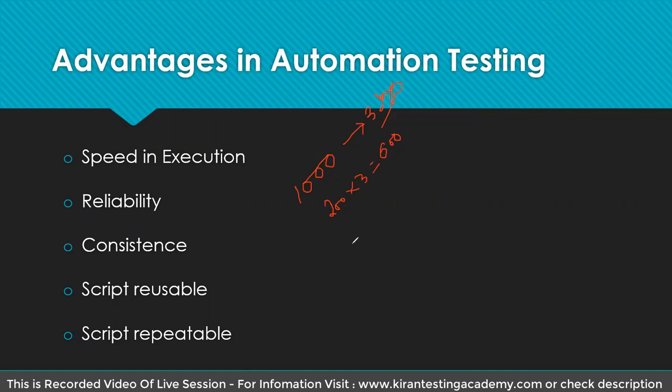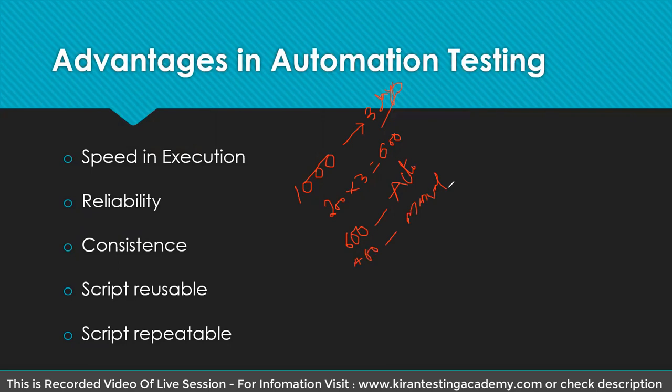In that case, I can say 600 test cases are automated, 60%, and 400 test cases are manual. This is just an assumption. Manual test cases cannot simply be converted into automation; you need to write the code. You just assume that the scripts have already been written. I'm talking about just an execution. Don't connect this with the real world, it doesn't happen like this in the real world.